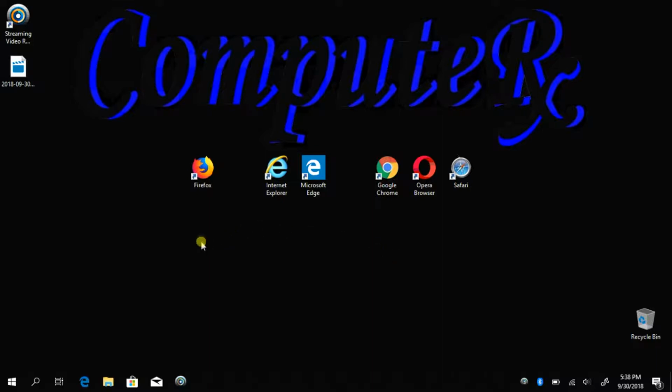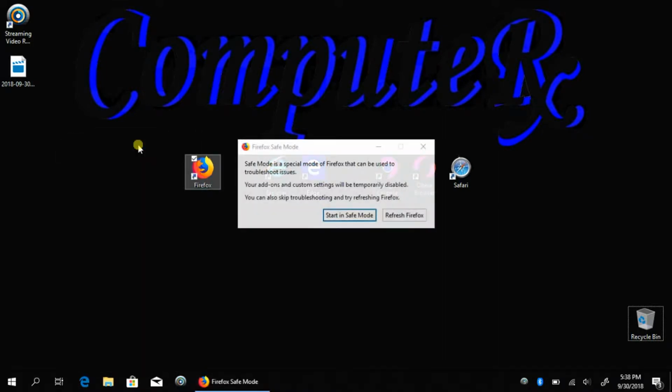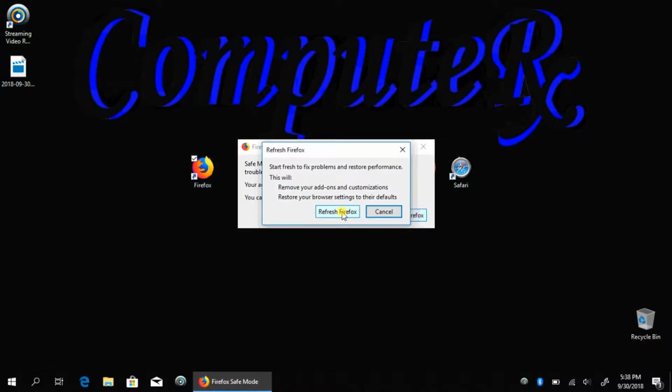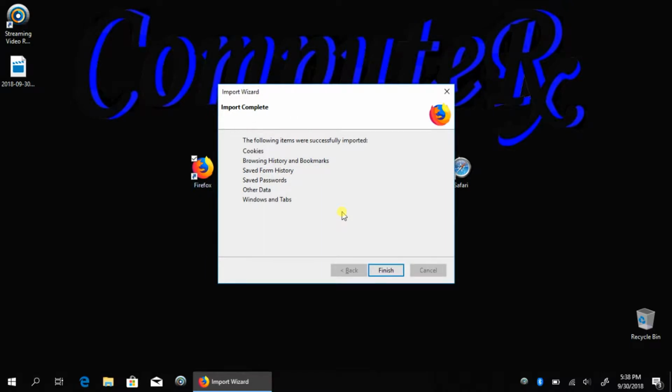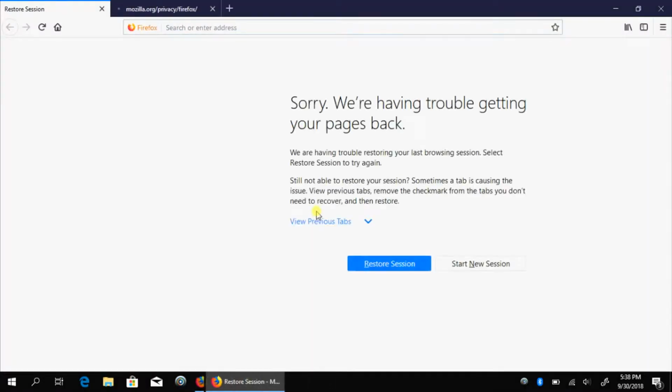Okay, so the first one we're going to do is Firefox, and what you want to do for Firefox is hold your Shift key, right-click on Firefox, and click Open. And what we want to do is just click Refresh Firefox, and then refresh again. Click Finish. That almost done progress bar can take a while if you have a lot of temporary files